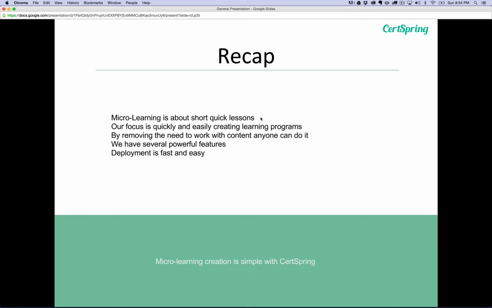By removing the need to work with content, it really lets anybody get it done. So regardless of who you are in the organization or what you're trying to accomplish, as long as you can cut and paste and use an internet web browser, you have the qualifications to build the learning program using our system. We have several powerful features